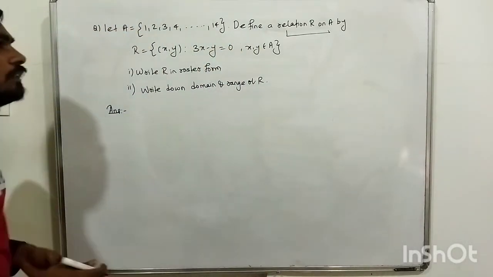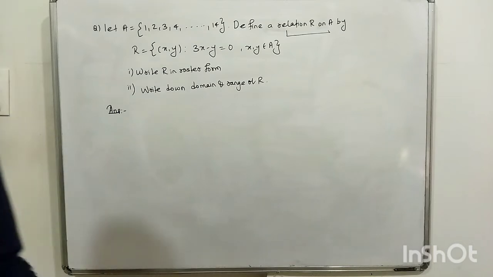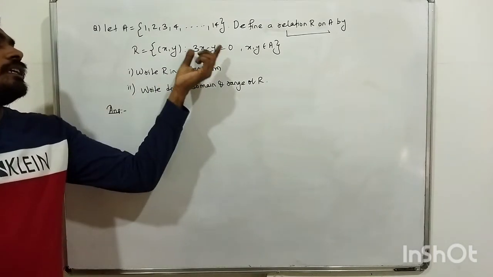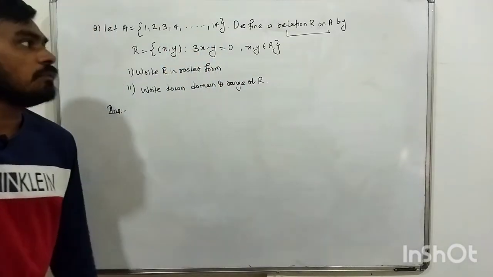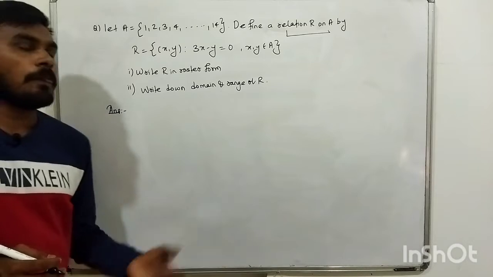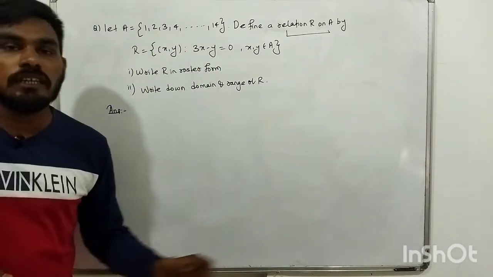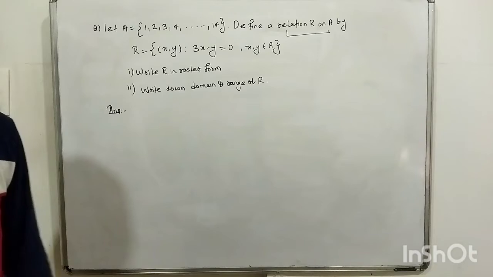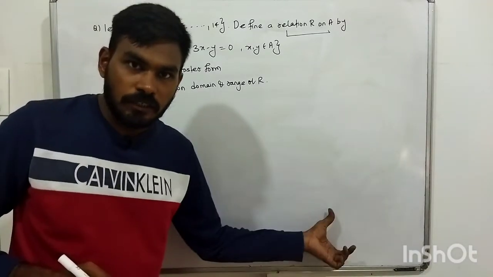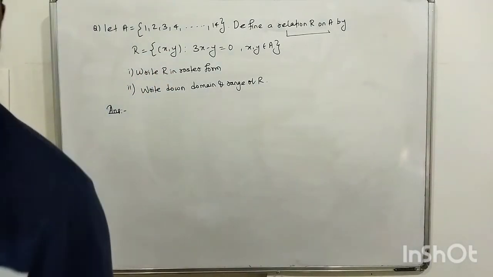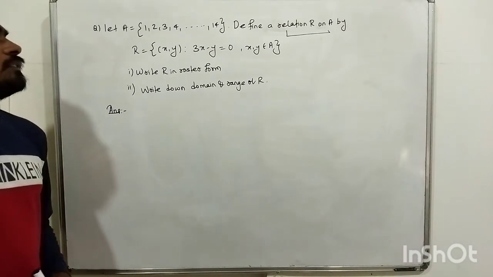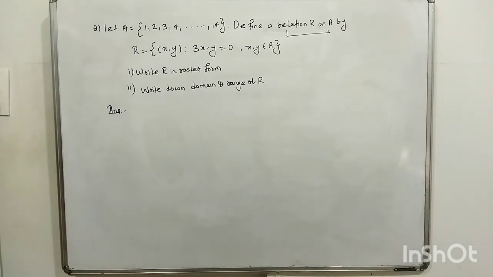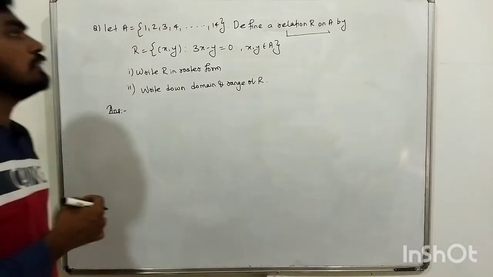A is there. Now for few problems the arrow diagram is either lengthy. For example, for this, there are many numbers here, so it will become lengthy. Or for few problems, the arrow diagram is congested. Or for example, if the set is infinite, then also the arrow diagram will be lengthy. You won't be able to draw the arrow diagram properly here. Okay. So for that, what we do? We just directly write the roster form and domain and range of R. Okay. So for those types of problems, you are directly asked this.